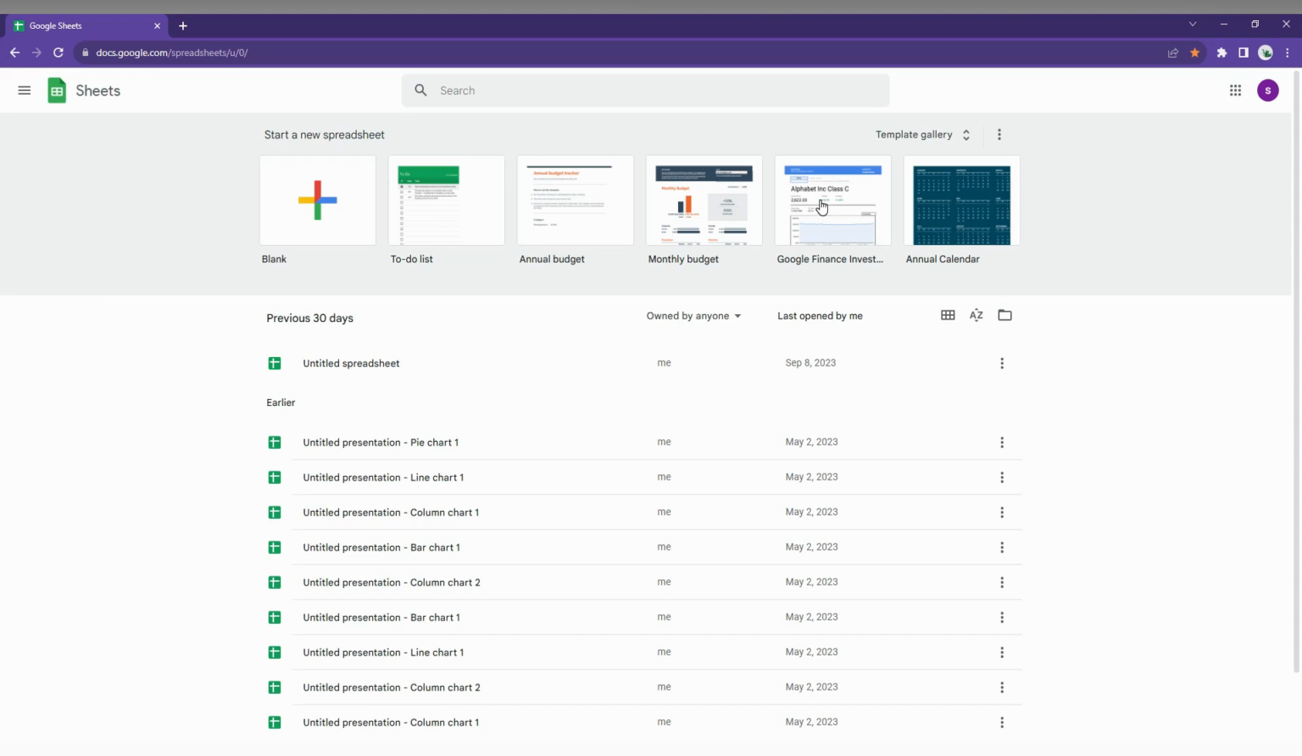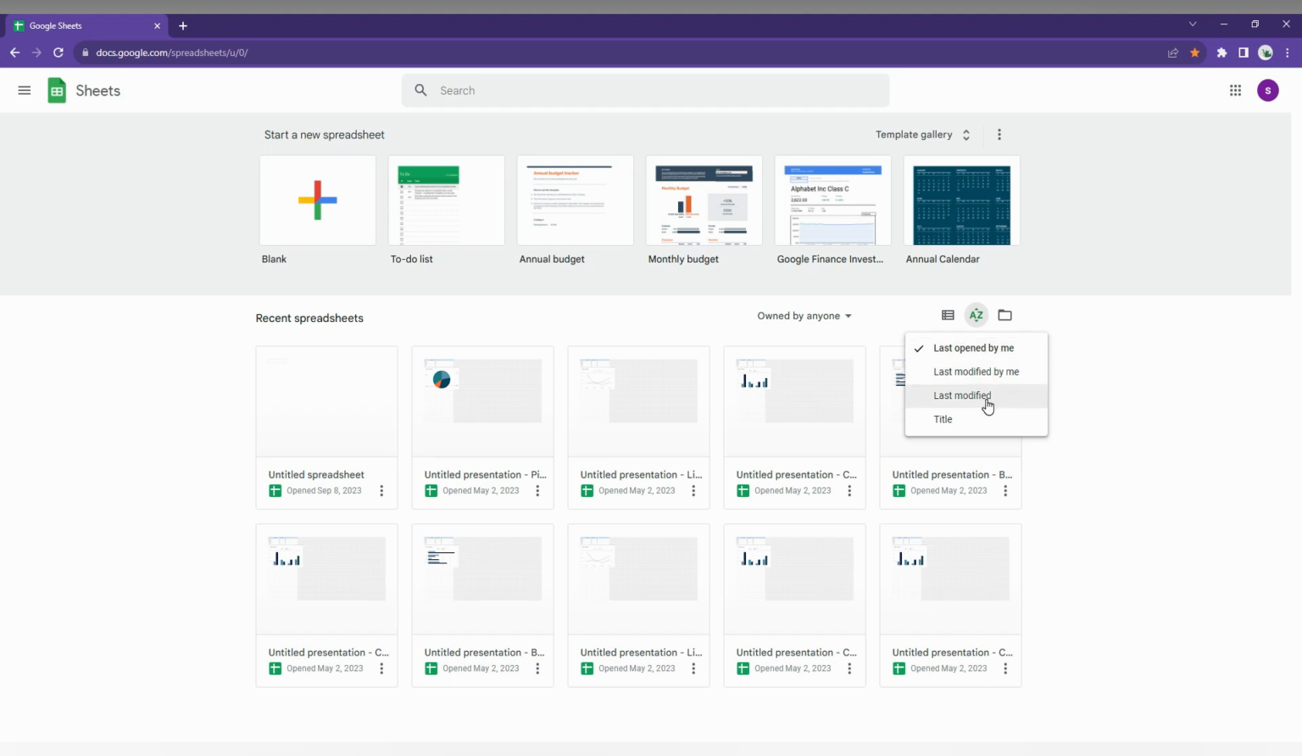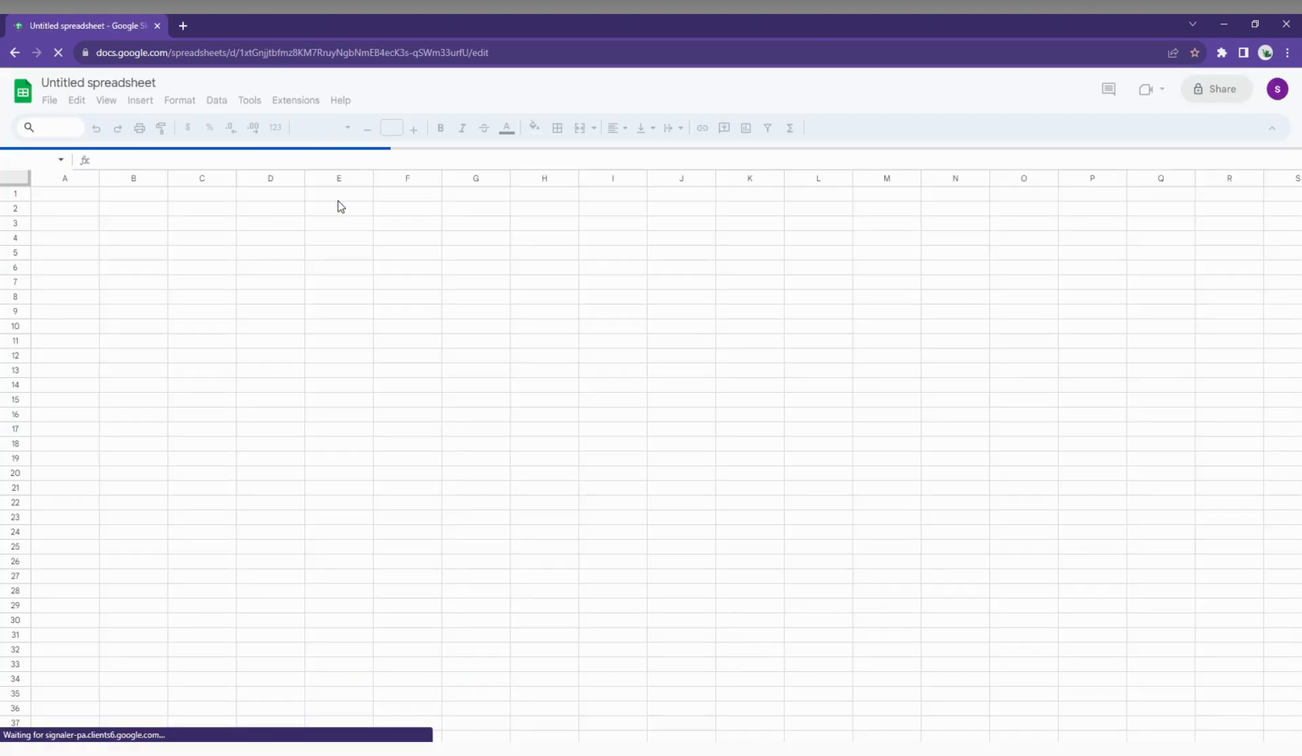So this is a Google Sheet overview. You can see this is a sheet. Here you can see the templates, and here the project files you have done before. You can change the view like this, and you can also change the option of latest opened by, modified by me, last modified, and title. Here this is a folder, and just by clicking on the blank document you can enter into the sheet,